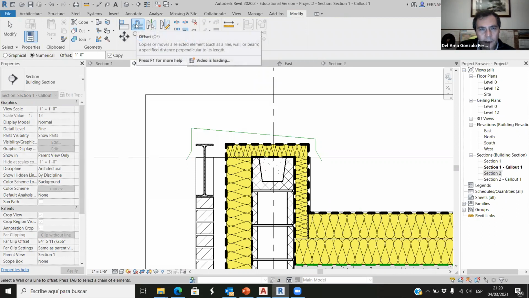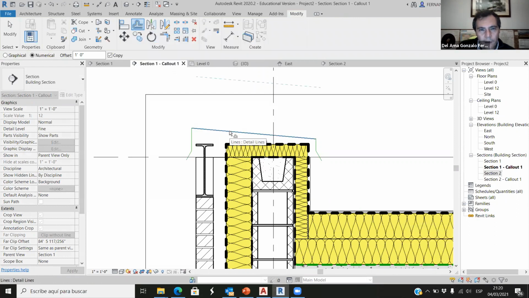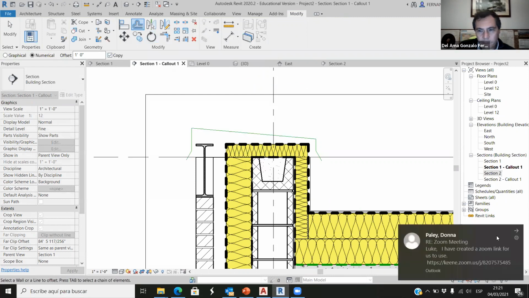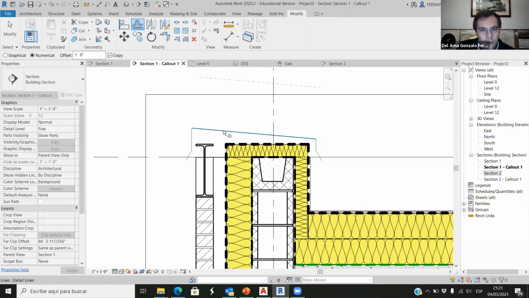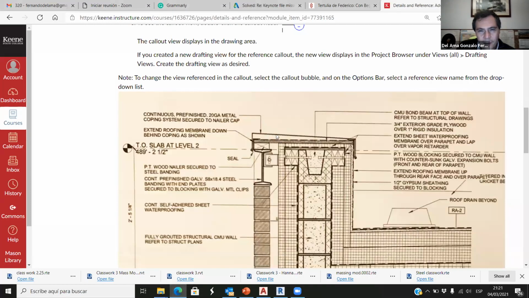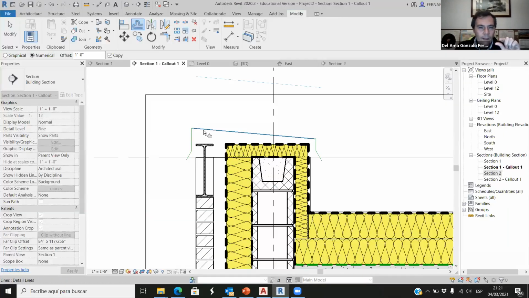If we use this offset, well, now it's 1 foot. We don't need 1 foot. So what is the thickness of this element? It's this coping system, something extremely thin. So what would be the thickness of this? I would say 0 feet for sure, 0, and 0.1,